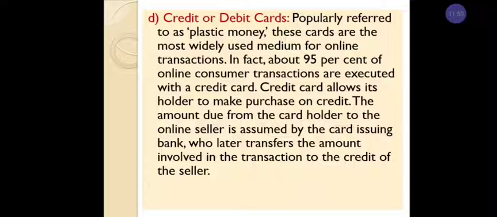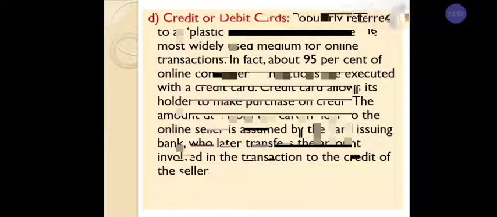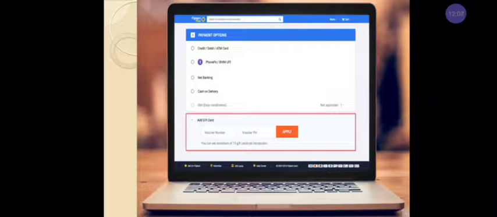Here, for a best example, see that the first option is debit and credit card or ATM card. If you click on that, it will ask for your total 16-digit debit card number and CVV number. After that, you have to enter the validity of the card and the CVV. This CVV number you get on the back side of the card, and it consists of 3 digits. It is called the CVV number. If you put in this information, your payment will be successful. Got it? It is called debit and credit card.